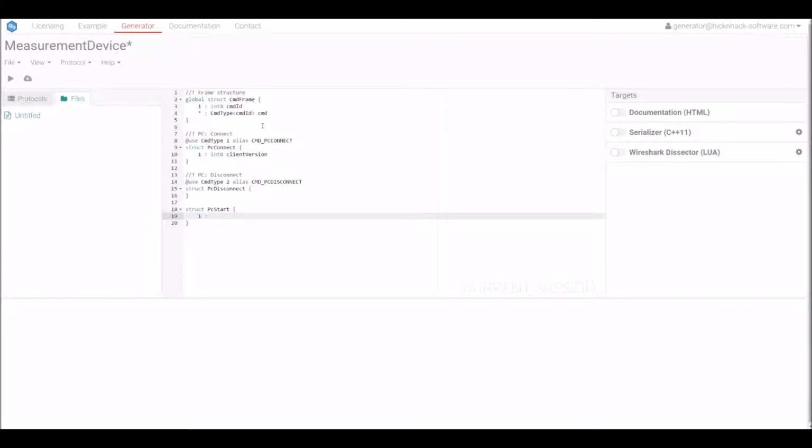So measurement start has two fields. And here we use a mode, but the mode is not defined. So we will define our mode as an enumeration.